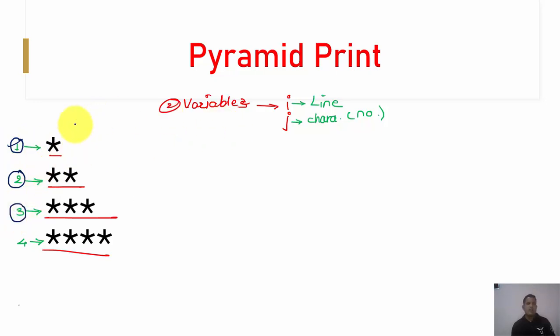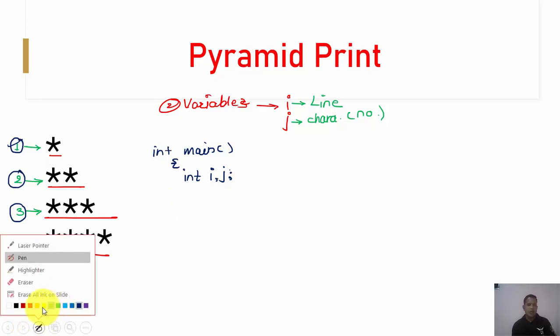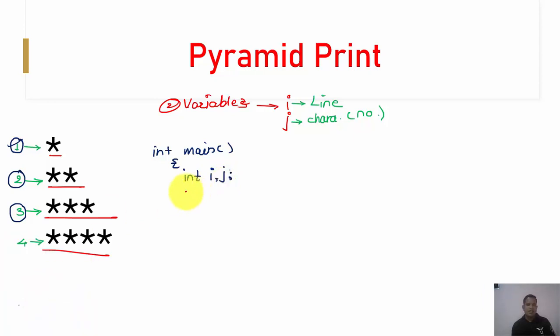So for that purpose, the first for loop that we are going to design is going to deal with the initialization of the line. Now I will begin with my program, int main, and as said I require two variables. My first variable is variable i, and the second variable is variable j. These two variables are now with me. Now as said, first I am supposed to initialize the line.